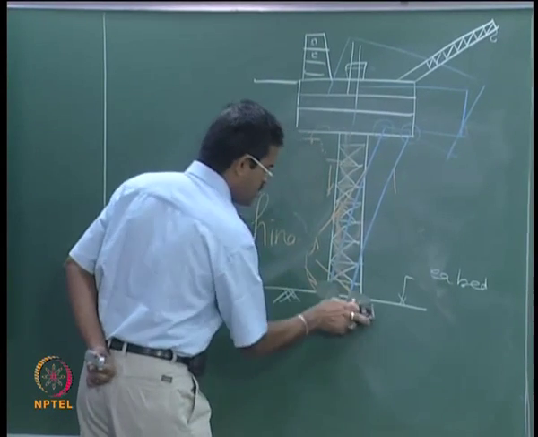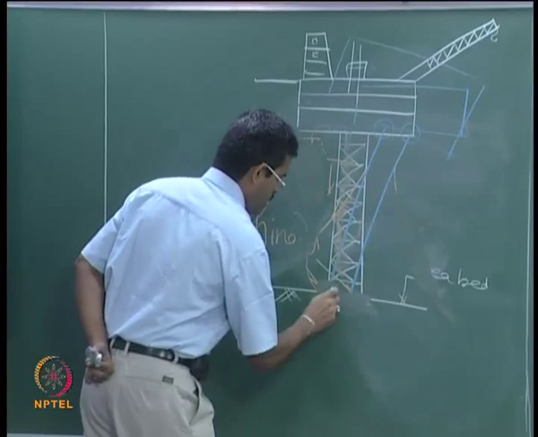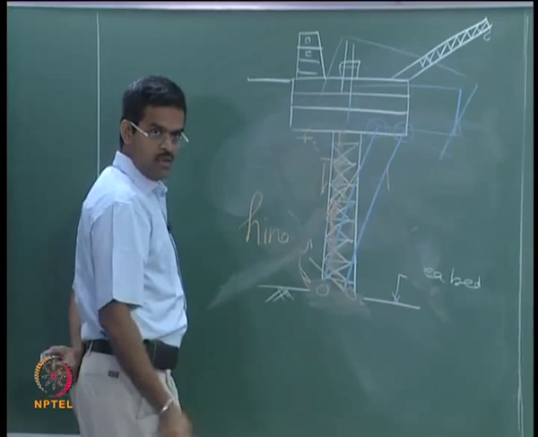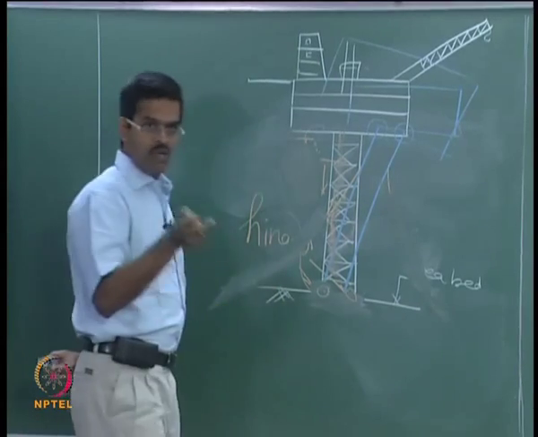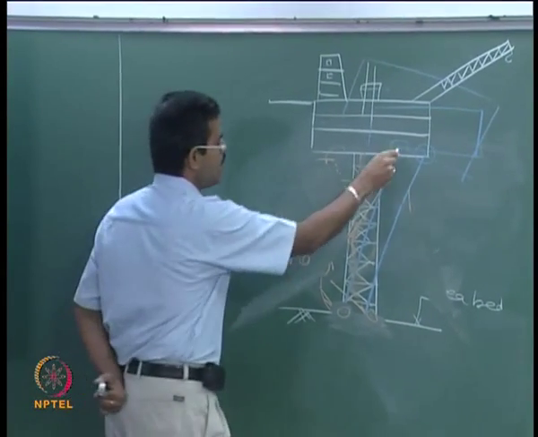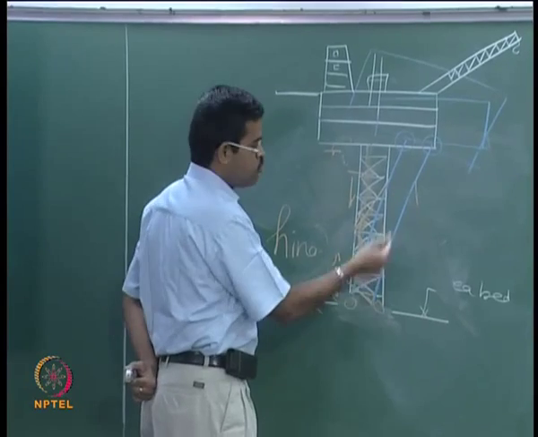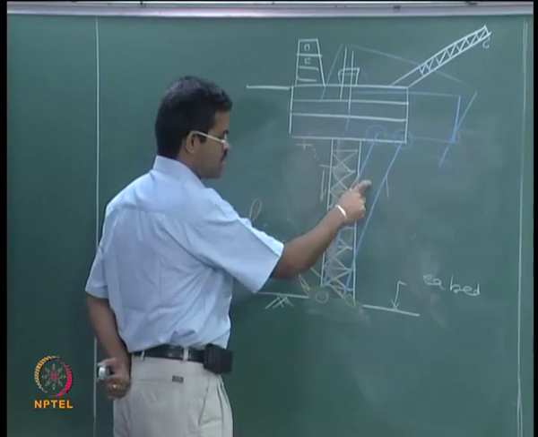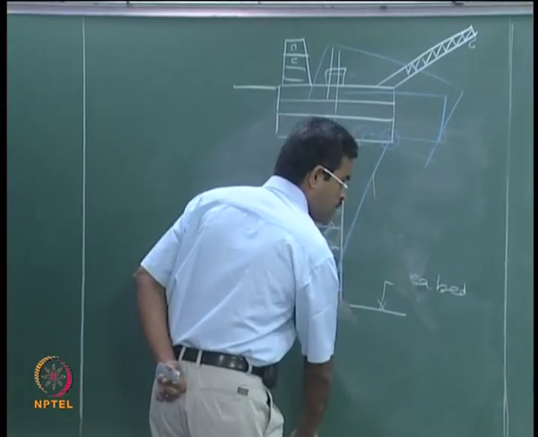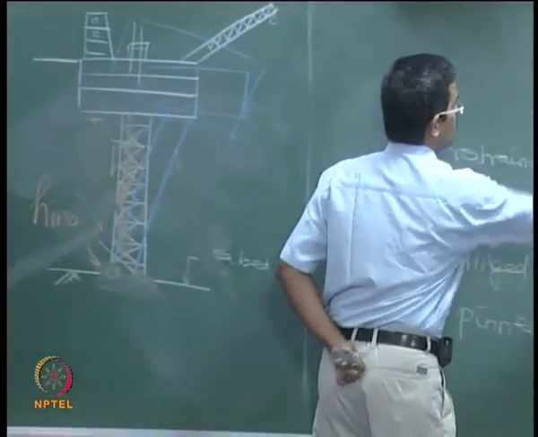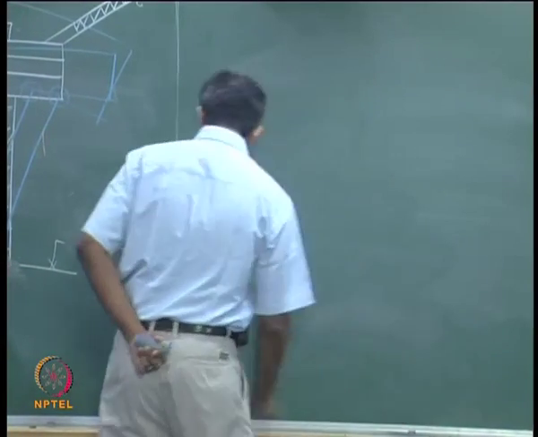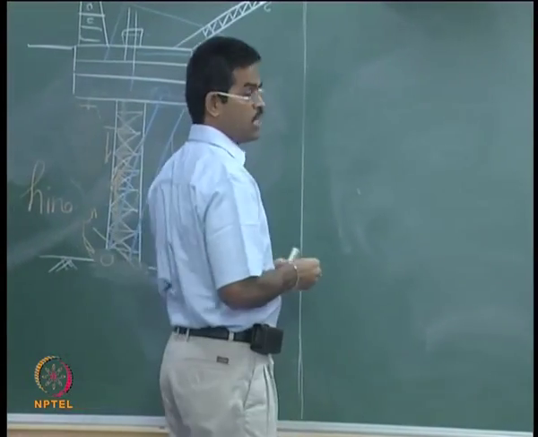Suppose you do not fix it here, hinge it here, but do not have a mooring line here, then there should be a mechanism by which the inclined position of the tower should be brought back to normalcy. To understand this, I will give you a very simple example of a toy which you have been playing with in childhood. You must have used this toy which is red in color.